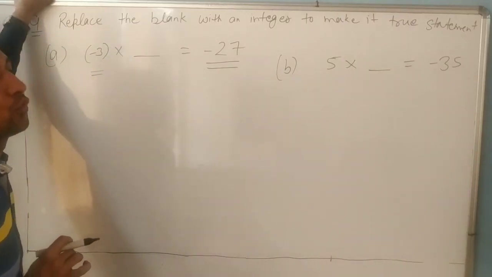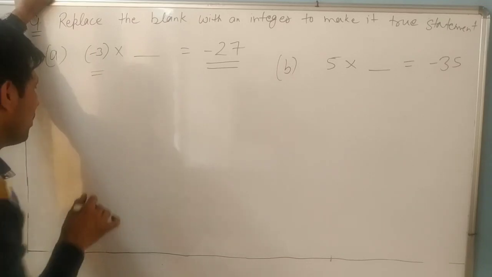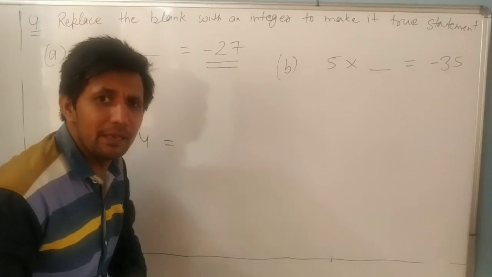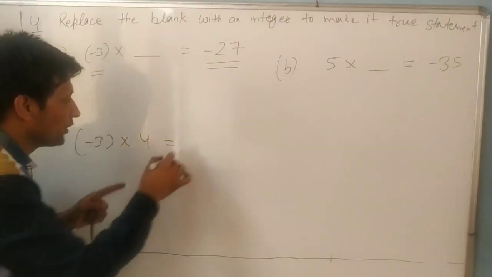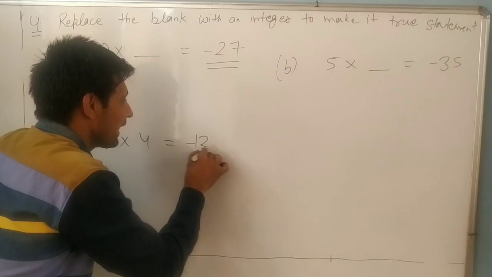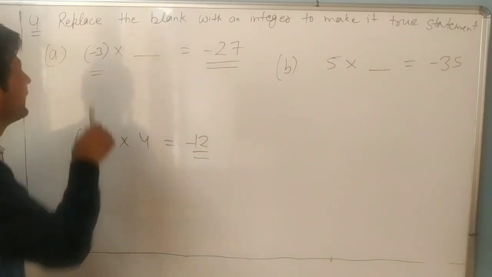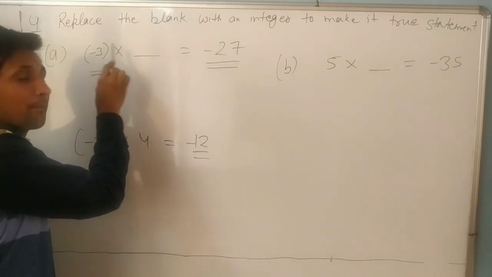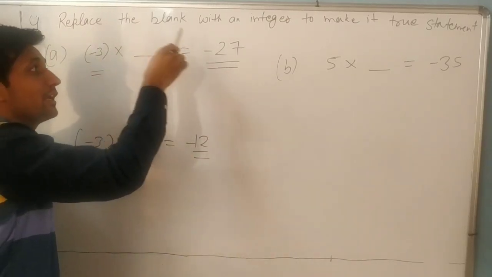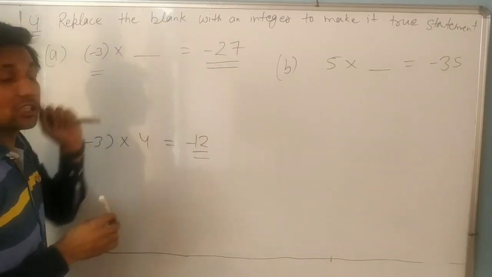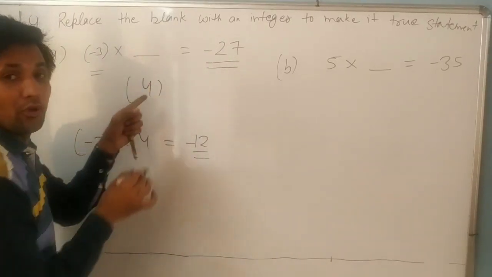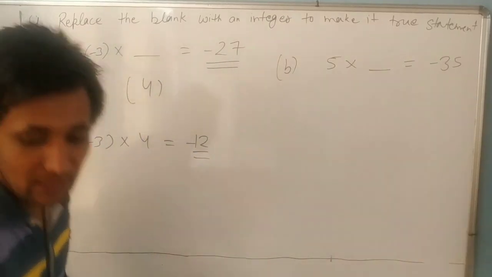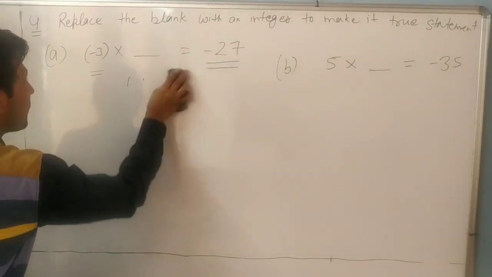So look here at how to find it. It's very simple. Everyone knows minus 3 into 4. In multiplication, negative into positive is always negative. Always negative or not? So we observe it is negative and the answer is also negative. It means whatever number we multiply with minus 3 to get a negative answer must be positive. Positive or not? Because positive into negative is always negative. So this number is positive. So what will we write?